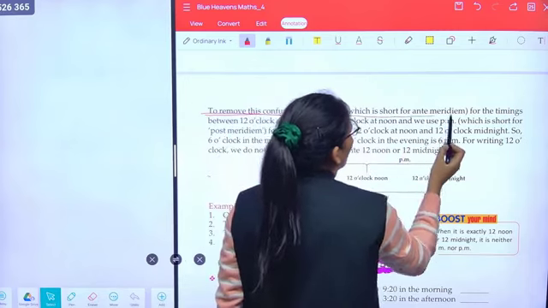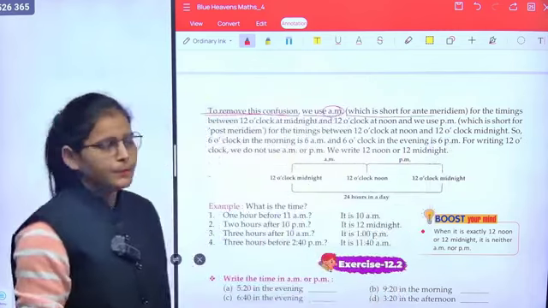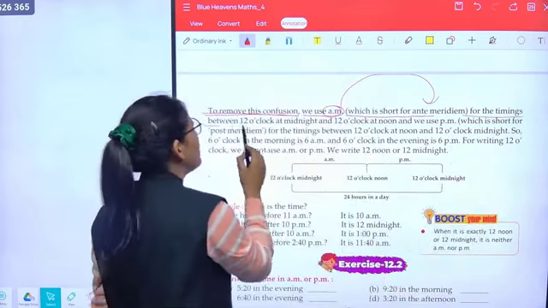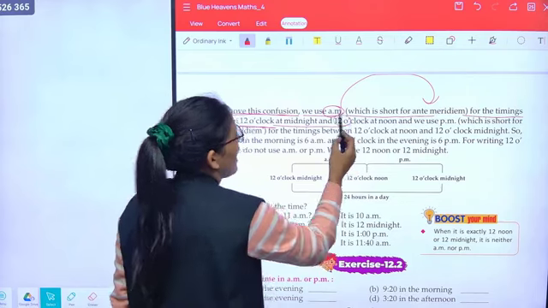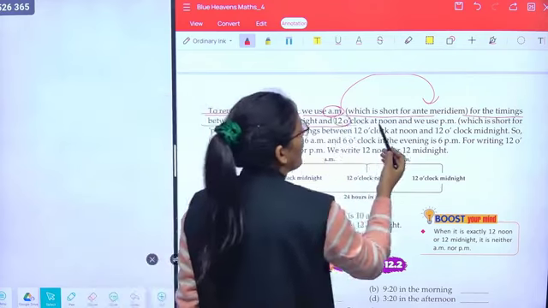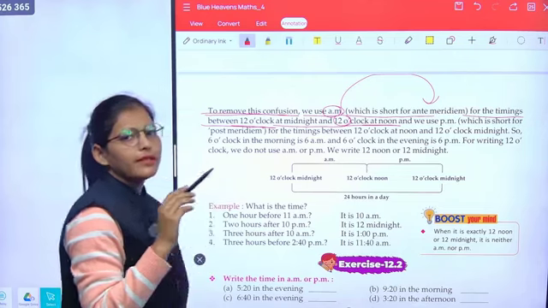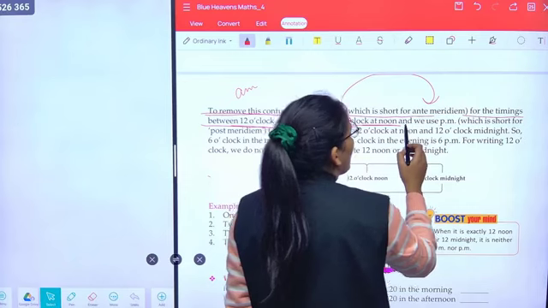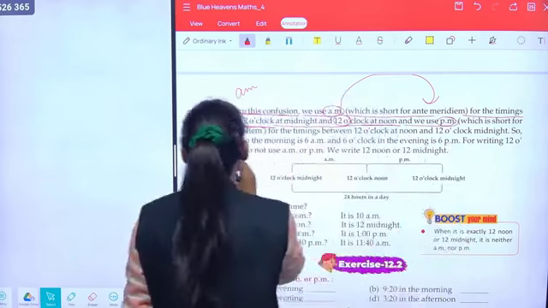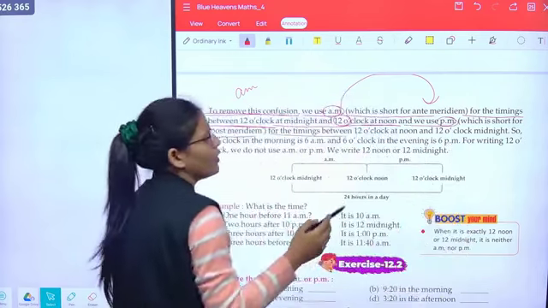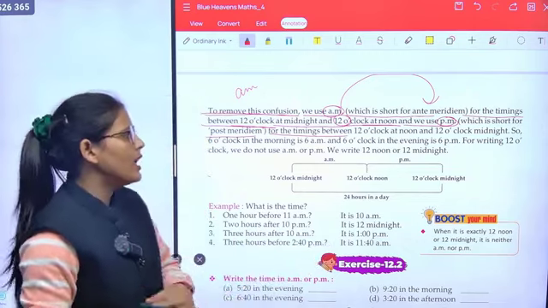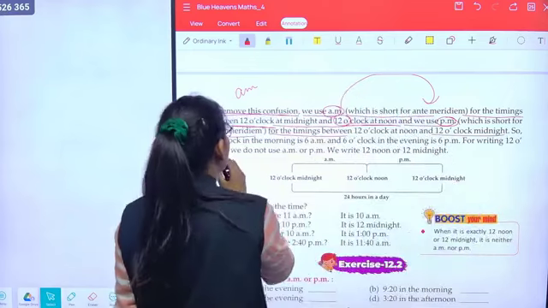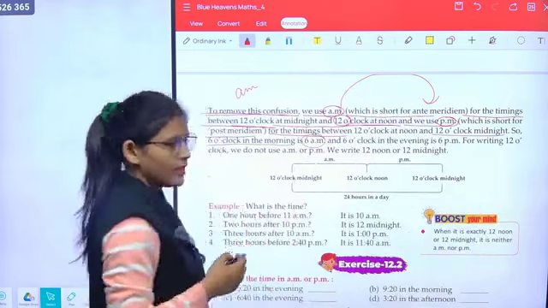AM, which is short for Ante Meridian. AM is Ante Meridian for the timings between 12 o'clock at midnight and 12 o'clock at noon. अब रात के 12 बजे से सुबह के 12 बजे तक we use AM. Okay, and we use PM, meaning Post Meridian, for the timing between दोपहर यानी कि 12 noon से लेके रात के 12 बजे तक. Okay, so 6 o'clock in the morning we use 6 AM